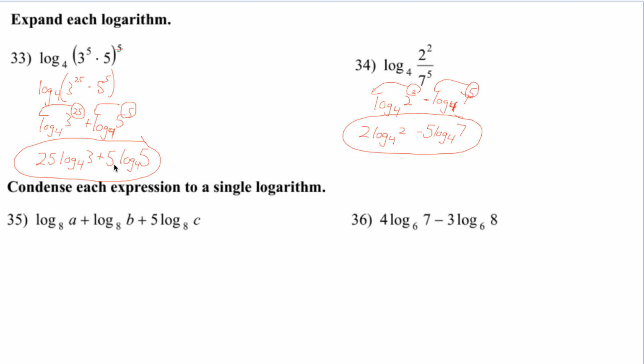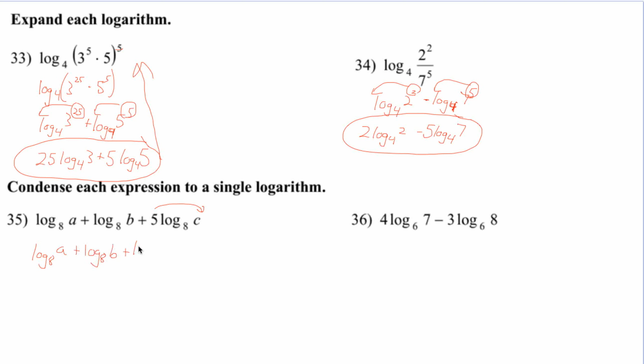35 and 36 are actually the reverse of what we just did. We expanded in 33 and 34. Now we're going to condense, so we're kind of starting with something like this and moving backwards. The first thing we need to do is move any numbers multiplied, any coefficients, to the exponent, which there's just one in this one. So we have log base 8 of A plus log base 8 of B